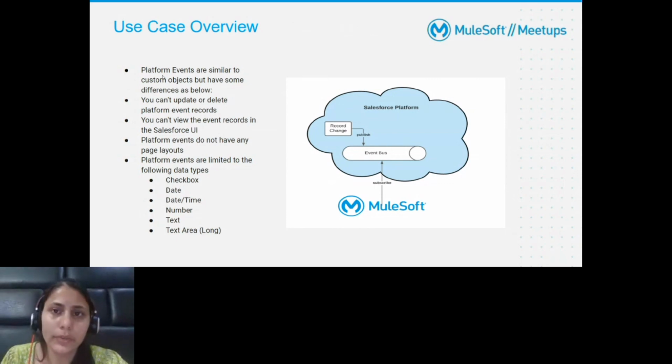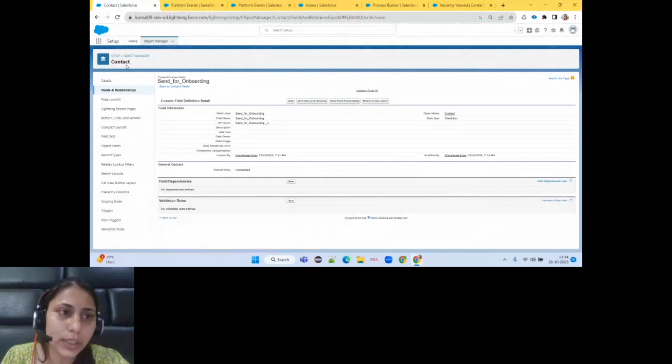So let's start with the demonstration. First of all, in this use case, in my Object Manager I will be choosing the Contact object, and there I will be defining a custom field called Sent for Onboarding.